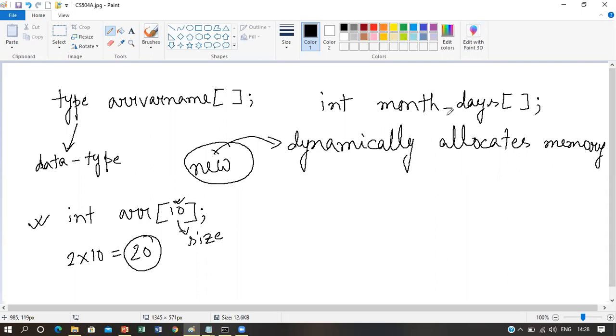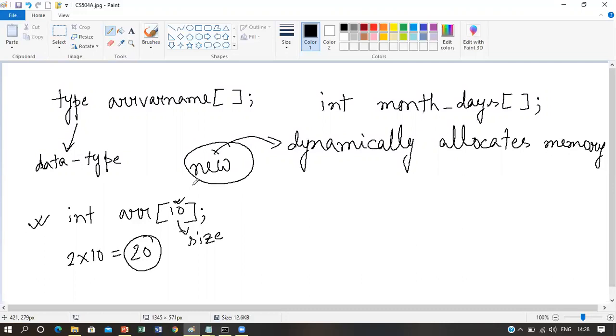If you want to allocate memory for this array month days, so that this array physically exists in memory, then you have to use this new operator. Now let's see the general form of this new operator and how it is being used so that a physical one-dimensional array can exist in memory.